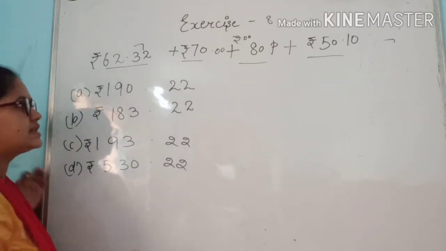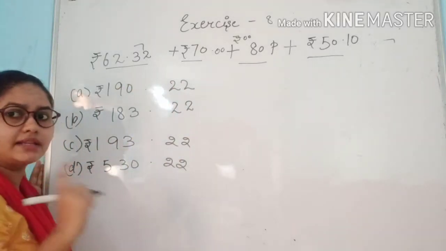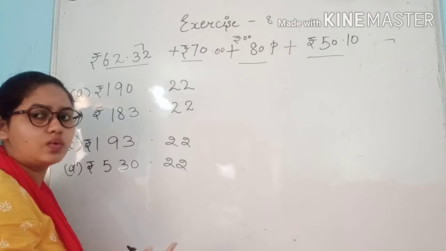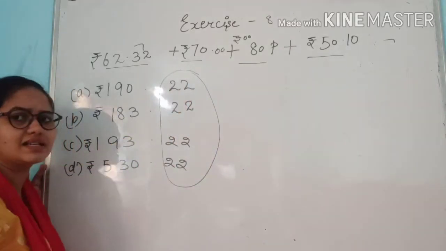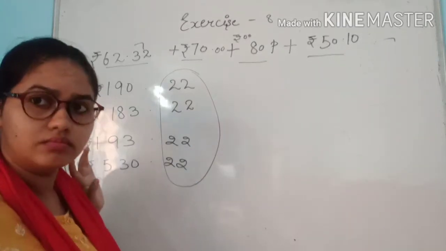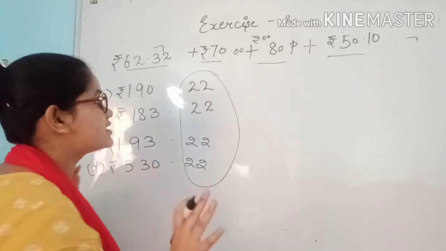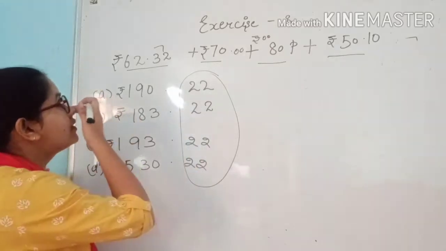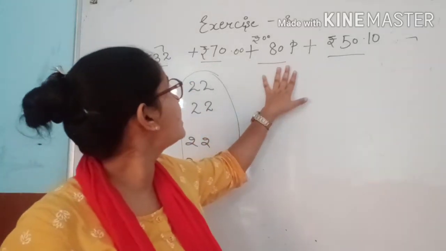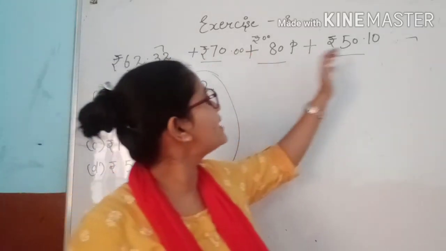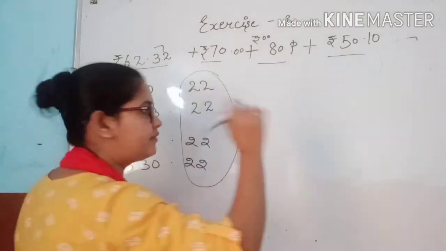And as I said, we want the fastest method. How do we have to solve this one? You can see the paisa section is the same in all the answers. So how will we take this quickly? Students, don't worry. We just have to take this look. That is 32, that is 70, and that is 80 paisa. 32, 80 paisa, 10 paisa, which means it becomes 22, right? That is the answer we have taken.